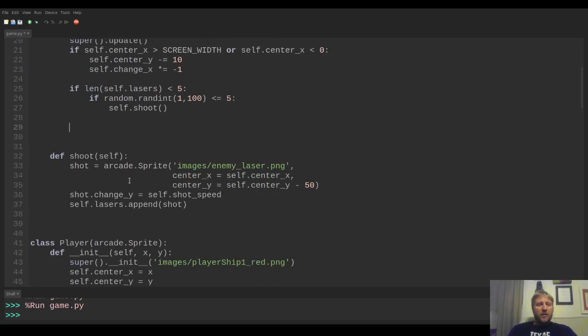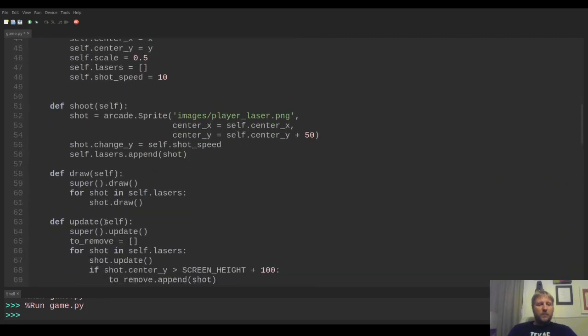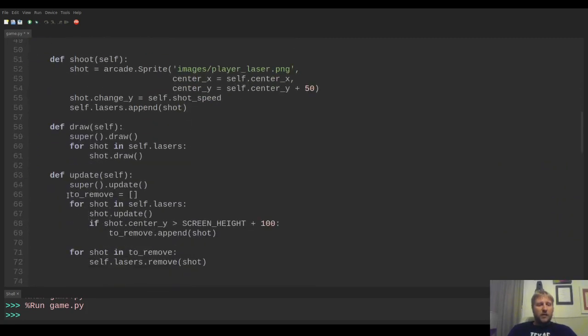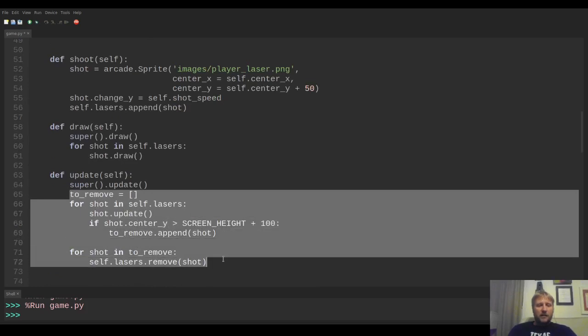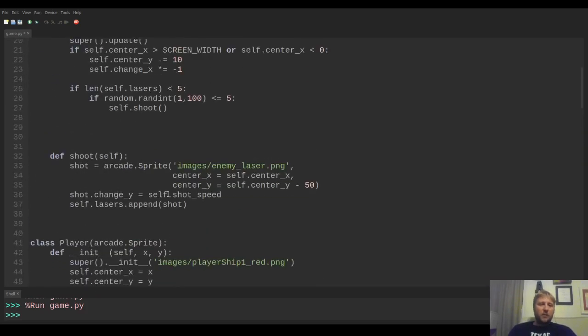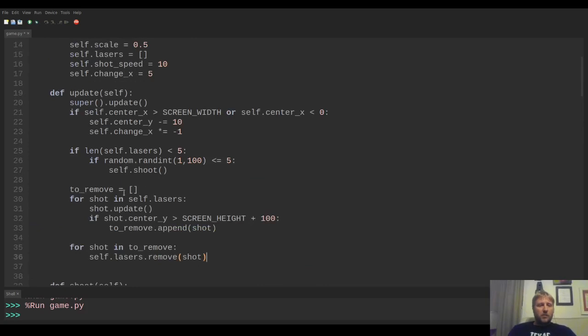Now, in the same way that our player's update had to remove stuff from shooting, we're going to do the same right here. I'm going to say exactly this. Well, there'll be one difference. So make our list to remove, for shot in self.lasers, update it. If the center Y is less than 0, then we'll remove it. All right, so now